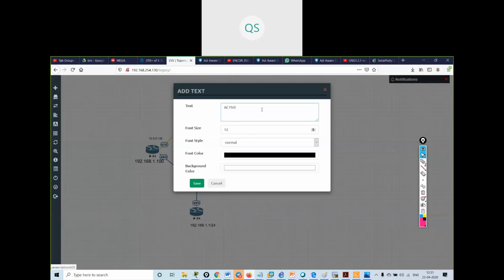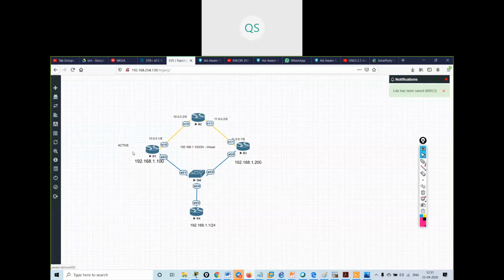This will be my active router and this will be my standby router. So to do the configuration, I have to make this my active router.